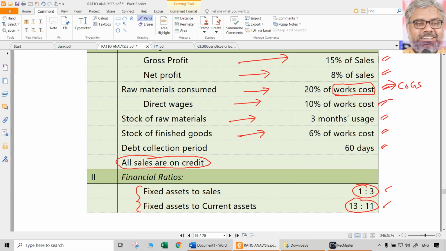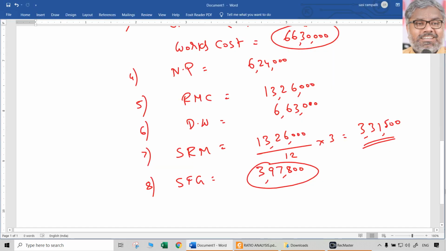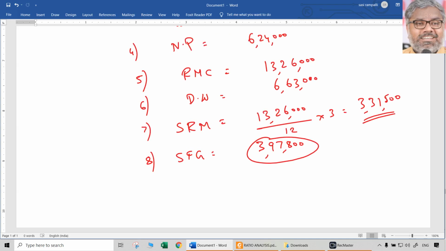See, ideally, this question should have been given as 20% of this being cost of goods sold. That is ideal. But it was given as works cost. So we are taking works cost itself as cost of goods sold. What will be the difference? The difference will be stocks only. Since opening stock of finished goods is not given, even with only closing stock of finished goods, we cannot do anything. So the only way of assuming is that opening stock of finished goods and closing stock of finished goods are equal. In that case, there will not be a difference between works cost and cost of goods sold. That is the only way we have to look at it.